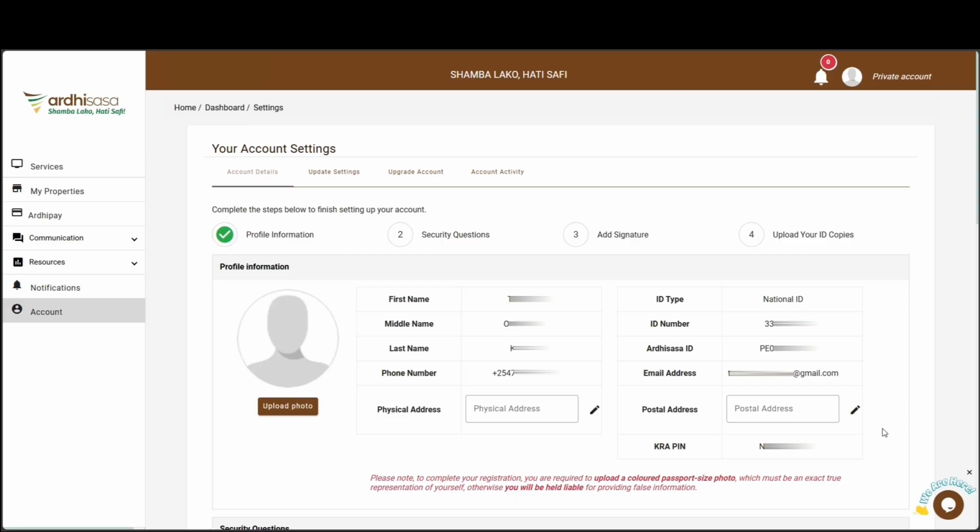Kindly take note of the ArdhiSasa ID, which is the unique identifier, and you'll use it not only during the login process, but also during the application processes on the platform. As you can see, you have not yet uploaded your profile photo. We emphasize that you do this at this point because you otherwise won't be able to carry out some transactions